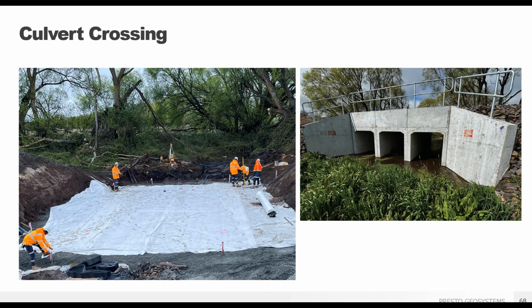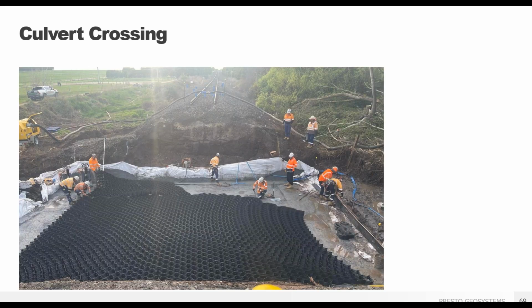Here's another type of project we typically work on with railroads: supporting culverts or bridge abutments themselves. This was a project replacing a major rail line over in Australia for Queensland Rail. They had to manage these overland flows, so the engineer came up with a couple of different 6 by 10 meter culverts beneath the rail embankment. The biggest issue here was that, due to the poor subgrade strength, they needed to improve the bearing capacity to keep that culvert from settling and differential settling.